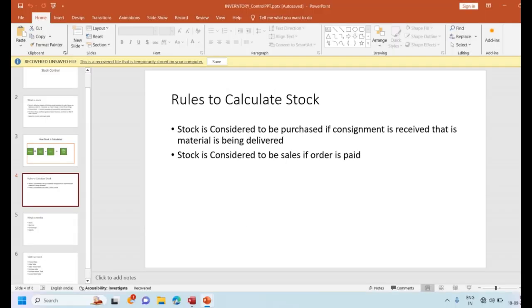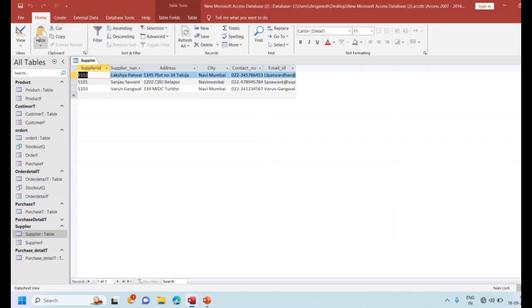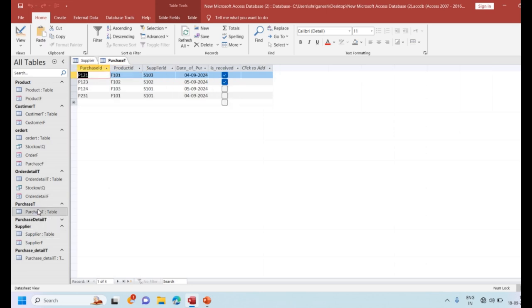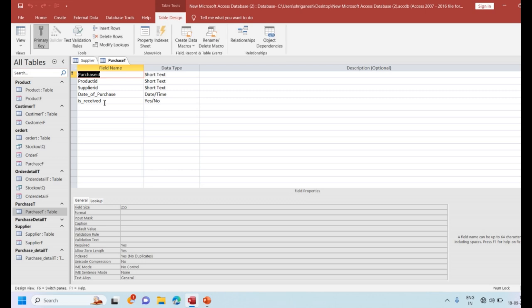So let us go and do it. I go and create the purchase table. I have already created a table named purchase T. You can see the design view. I have a purchase ID which is short text, product ID which is short text, supplier ID, date of purchase, and is received.